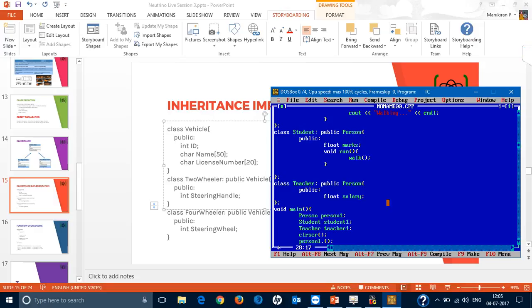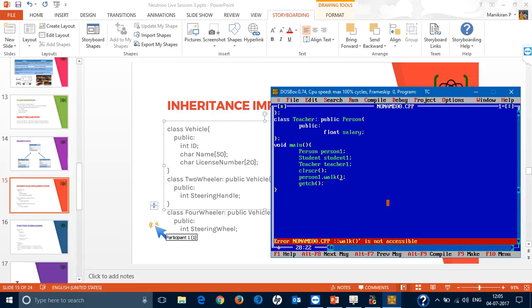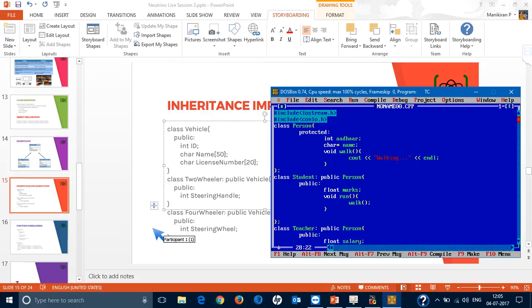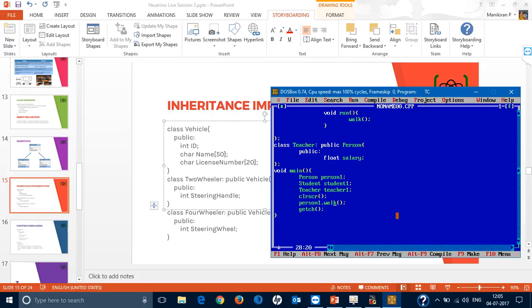Doesn't have run, so let's say work. Yeah, it is not accessible, so clearly it's protected. You can't use the method walk outside this class. All right, it's protected. The security is enabled such that you can't modify or use that function or method outside the class. All right, now but let's say student one tries to run